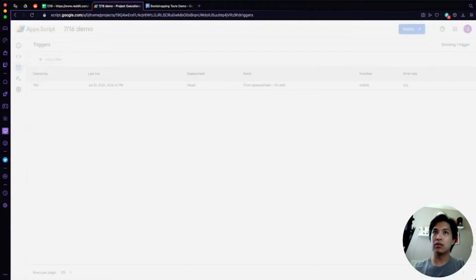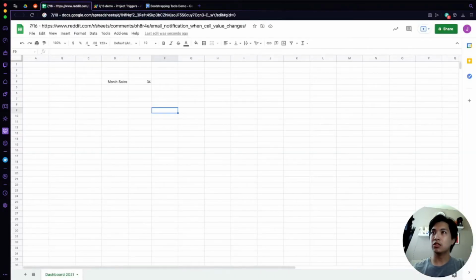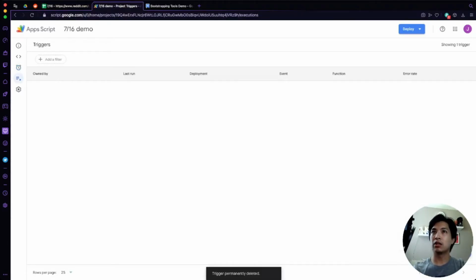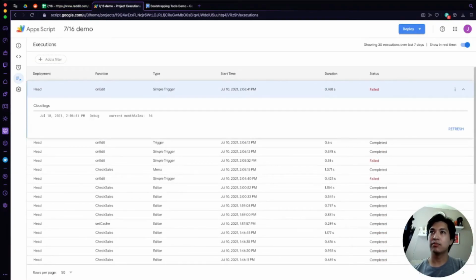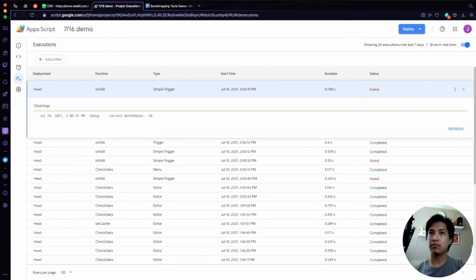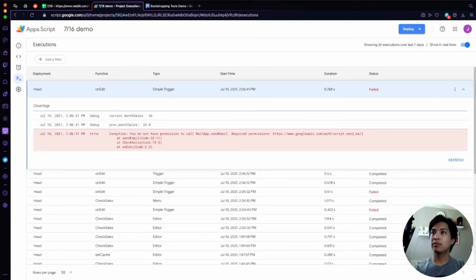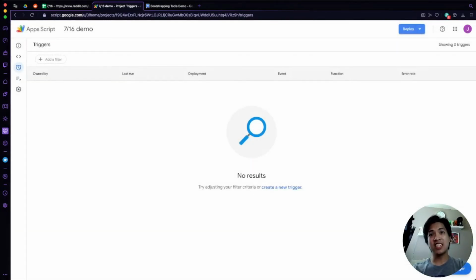And if we get rid of this, let's delete the trigger because we don't need both of those triggers. Let's change this to 36. And we'll take a look at the executions. And, oh, it failed. Because of permissions? Probably because of permissions. Yeah. Okay, so let's add the trigger back in, and then we're actually going to change the name of this